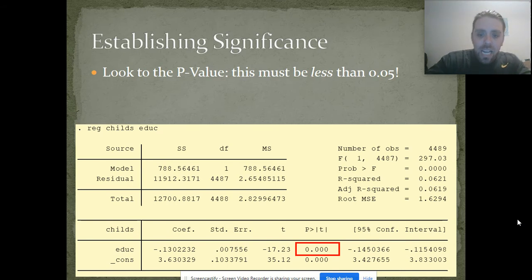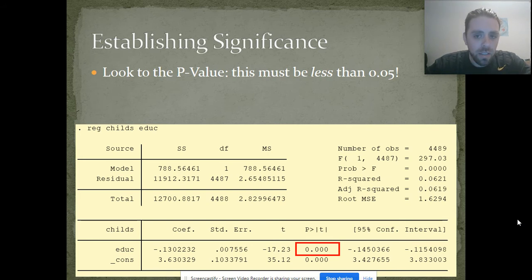So anytime you see 0.000 in that probability value column, you have a highly significant relationship. But if that value there was 0.532, that means there's over a 50% chance of you just getting this by mistake. So if I saw a p-value that high, I would then say there is no significant relationship